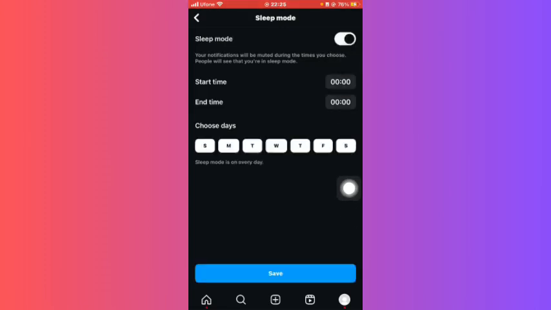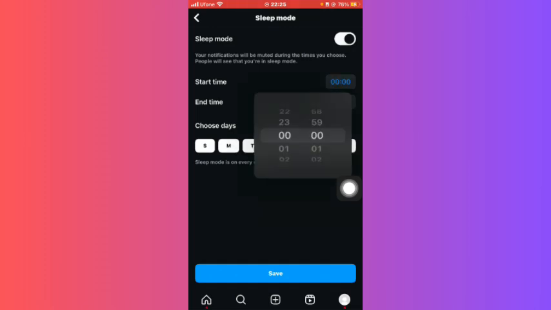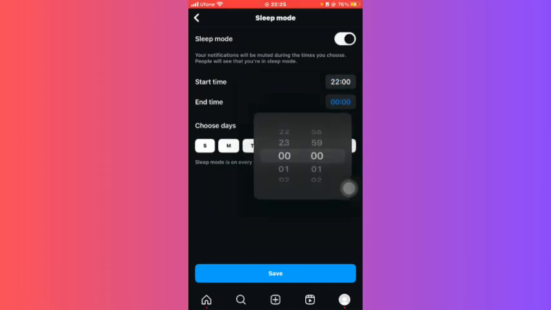Then you have to click on the start time. Here select the time when your sleep mode should begin. For example, if I set it at 10 o'clock, and then end time, when your sleep mode will get finished. So for example, I select it at 6,